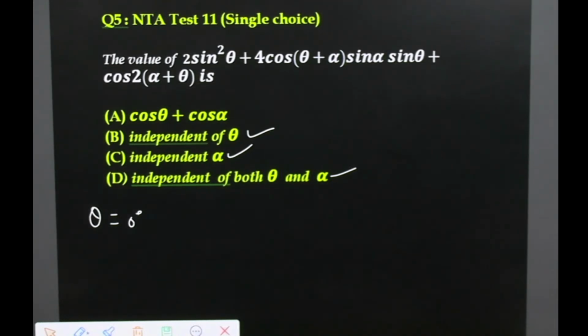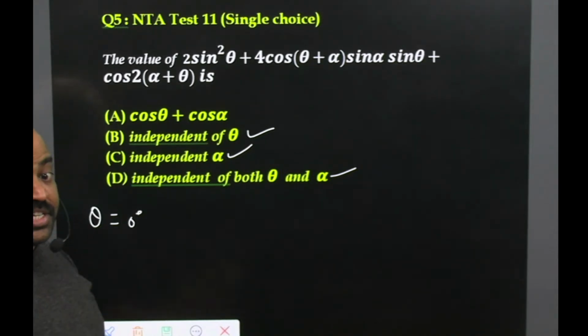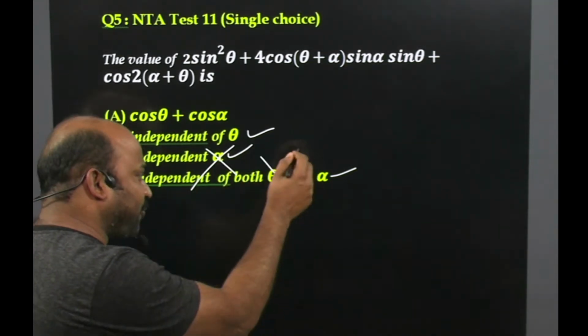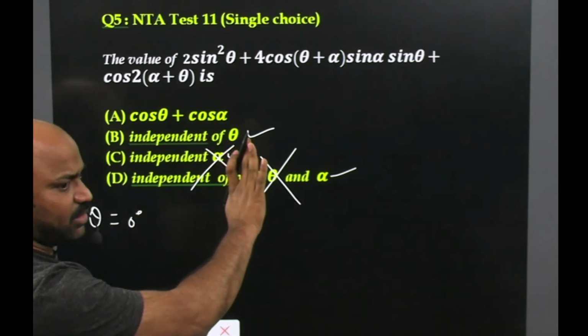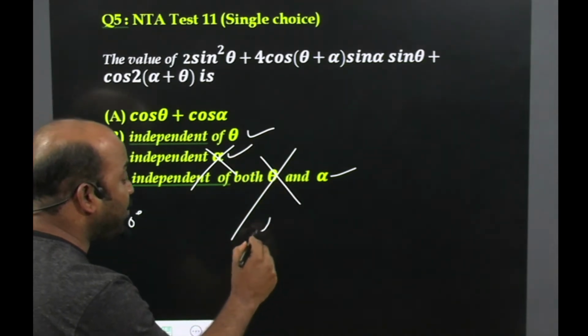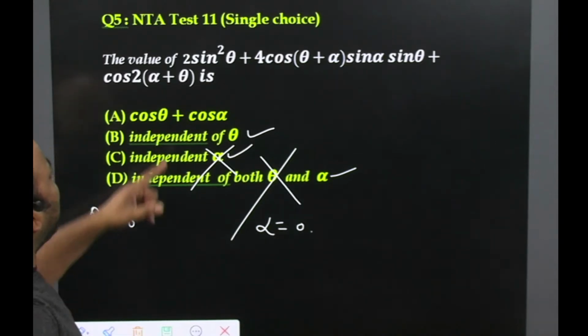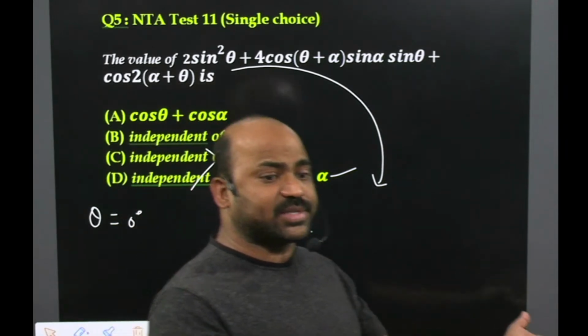Understood? By putting theta 0 I am getting cos 2 alpha. Means it is depending on alpha. So I can't say it is independent of alpha. I can't say independent of both. I can say independent of theta. Okay, 1 minute. By putting alpha 0, what is happening? Just observe. By putting alpha 0, I am getting it as, if I get a constant means alpha is